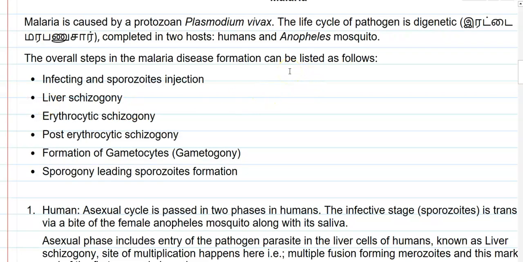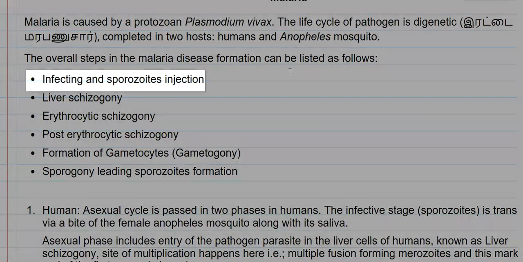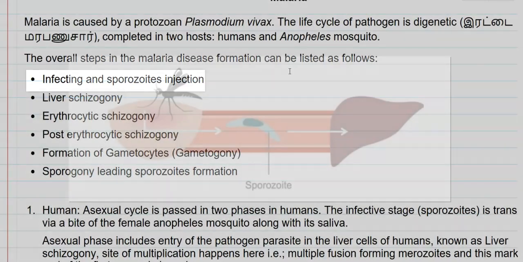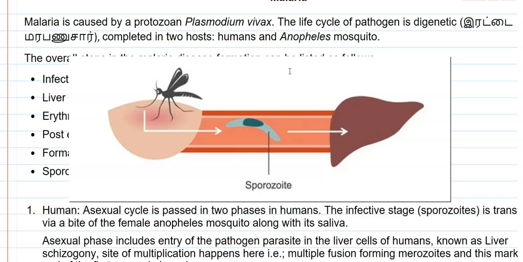That is, it requires two different hosts, namely human as well as the mosquito, that is Anopheles mosquito, in order to complete its life cycle. The overall steps that have been associated with the malarial disease are as follows. The first one is infecting and sporozoites injection. It refers to a mosquito biting a person and injecting the sporozoites of that particular malarial pathogen inside the bloodstream